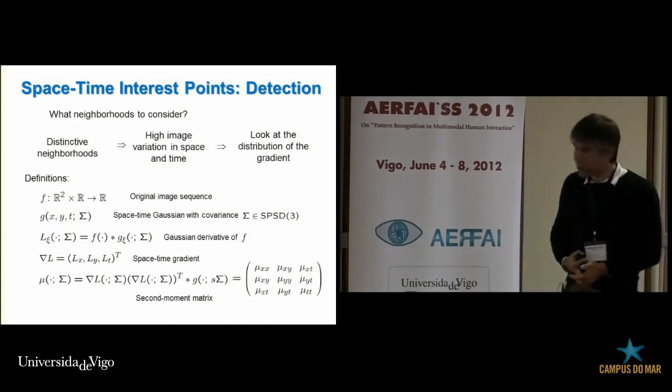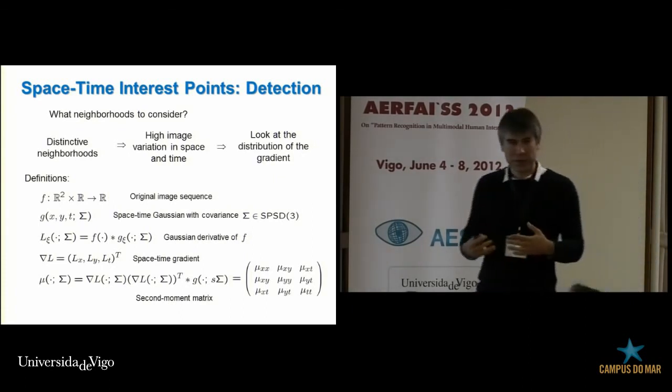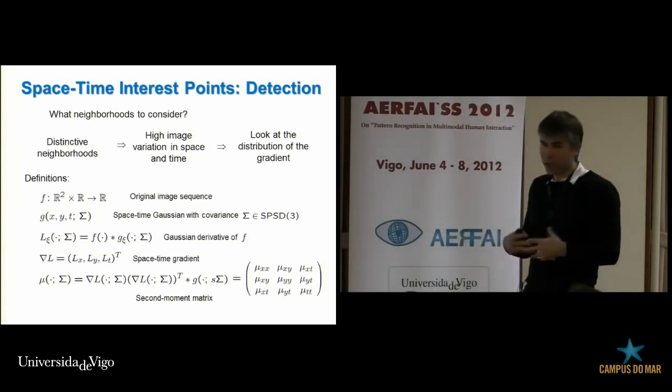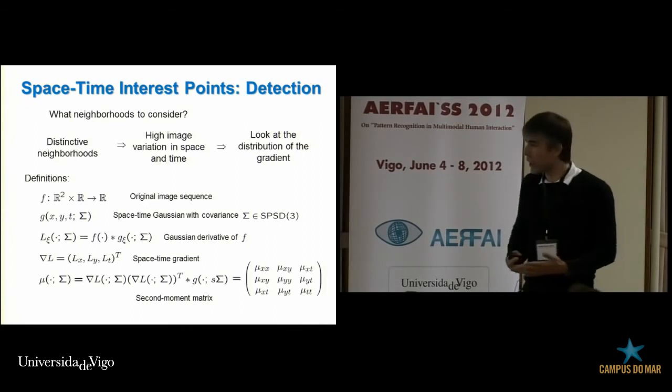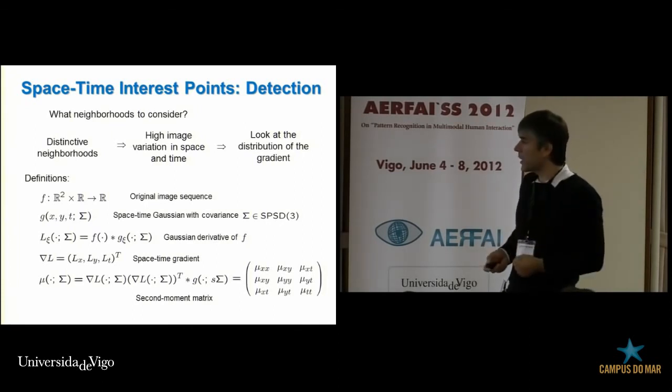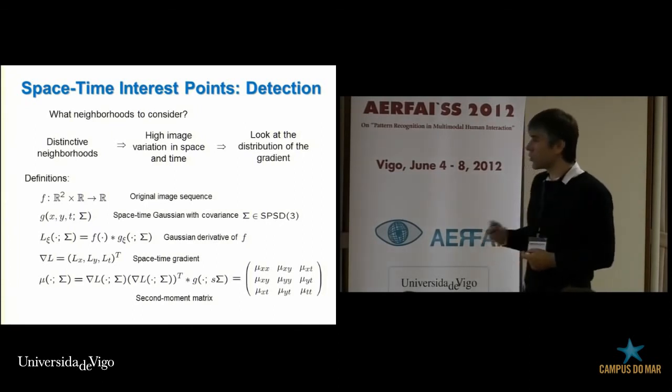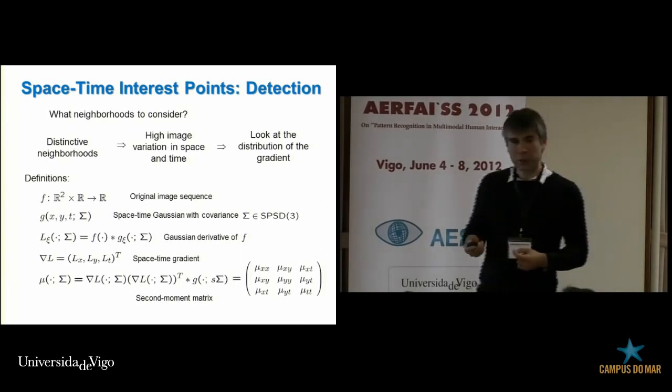Fine. So this is okay. This is one possible way to extract first the points or the spatiotemporal neighborhoods. This is just one way, and there can be other ways. So the reasoning here is similar to Harris point